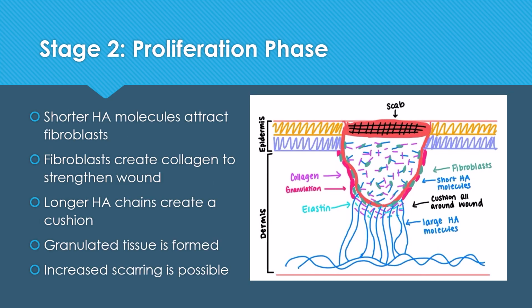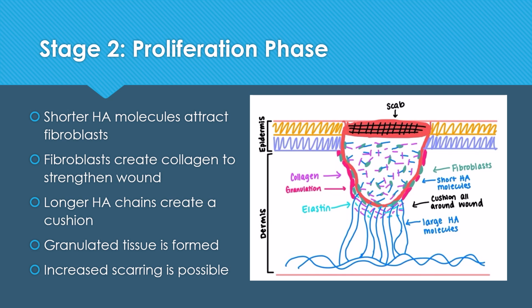After the inflammatory phase comes the proliferation phase. To start, smaller length HA molecules attract fibroblasts to the wound. Fibroblasts are different from fibrinogen talked about in the last slide, though they sound similar. The fibroblasts create more HA and collagen, which is a connecting protein that allows the new cells formed to attach and strengthen the wound. The longer HA chains fill in the areas between the collagen and elastin to form a